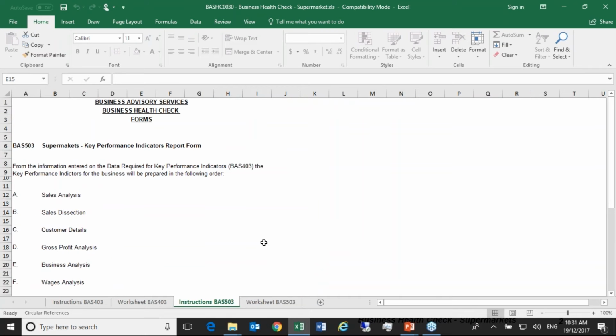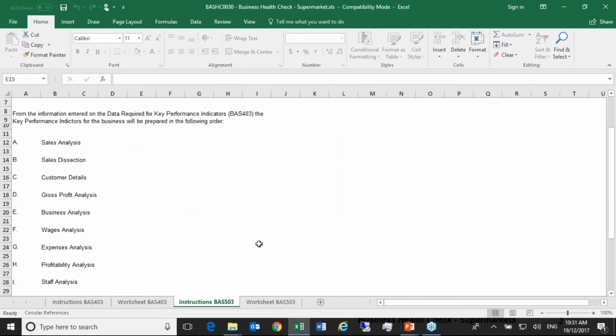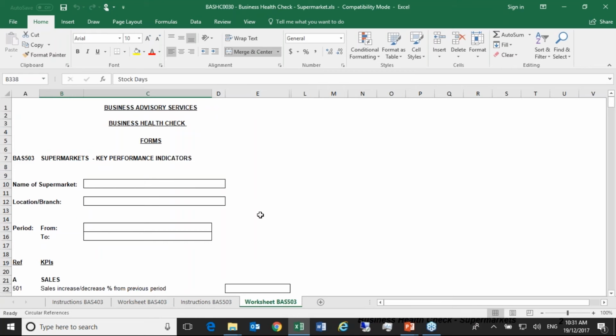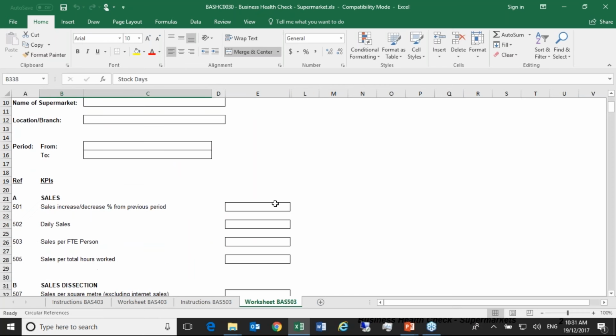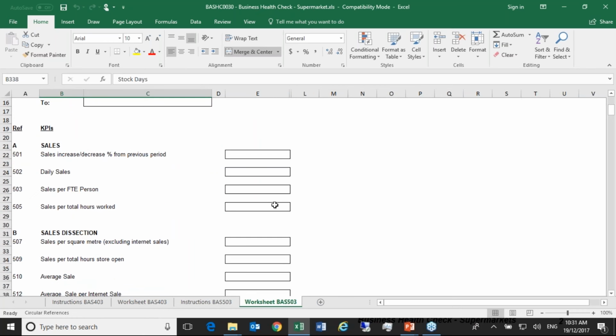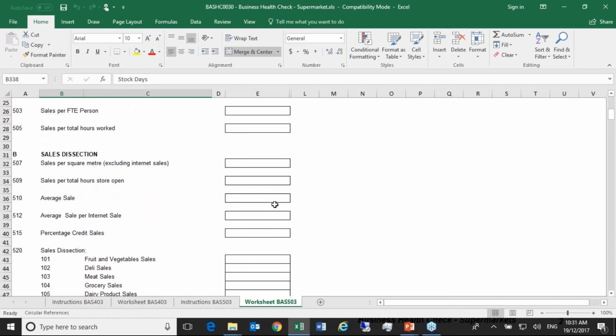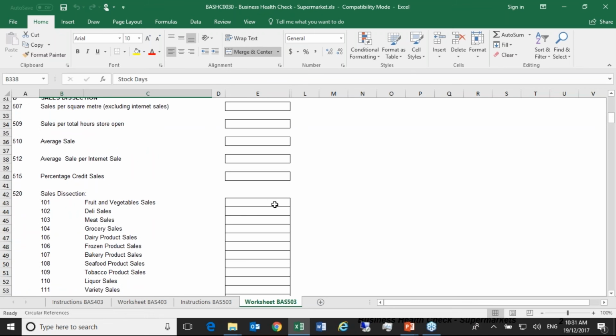I've now switched to the instructions for the key performance indicator report. This is the report that the system is going to produce for you to then be able to have a detailed analysis conversation with your client. The information the system is going to produce is summarized in what is now on the screen for you to read. Sales have increased or decreased from the previous period, what the daily sales were, sales per full-time equivalent person, and so on. Dissection of sales into the various departments,